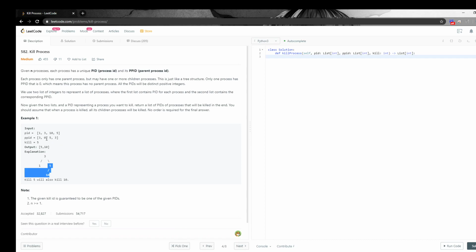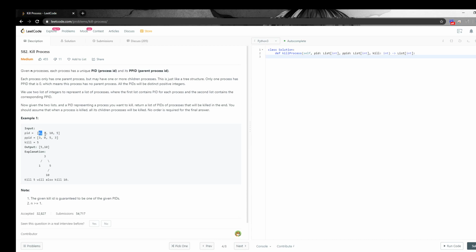The naive way is we put this one into a queue, and then every time we try to find, from this PID, if there's any child, we keep popping the queue to get the current node, and then we loop through all the PID arrays to find